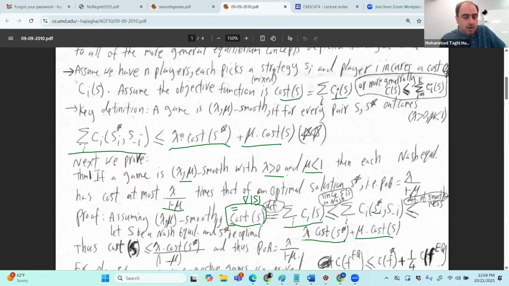So then I know that the cost of S, or C of S, is at most lambda times the cost. Just do the simple calculations. And because of that, I can relate the cost of S with the cost of the optimum. For example, using the proof that we have shown essentially,